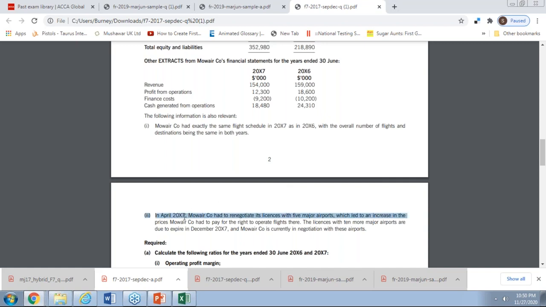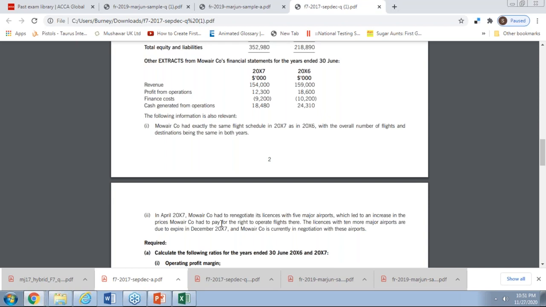Now, in April 2007, our year end is 30th June. So just April, May, June, just 3 months before the year end. When we have been given a date, you have to identify and link it with the year end. So just 3 months before the year end, Moyer had to negotiate its license with the 5 major airports, which led to an increase in the price Moyer Air had to pay for the rights to operate